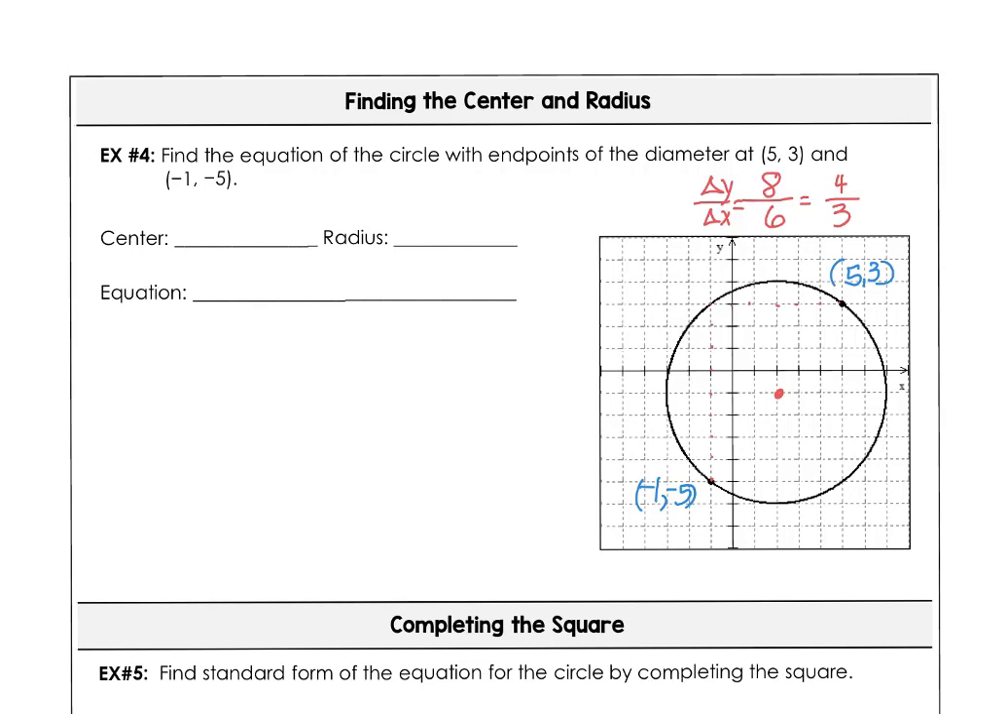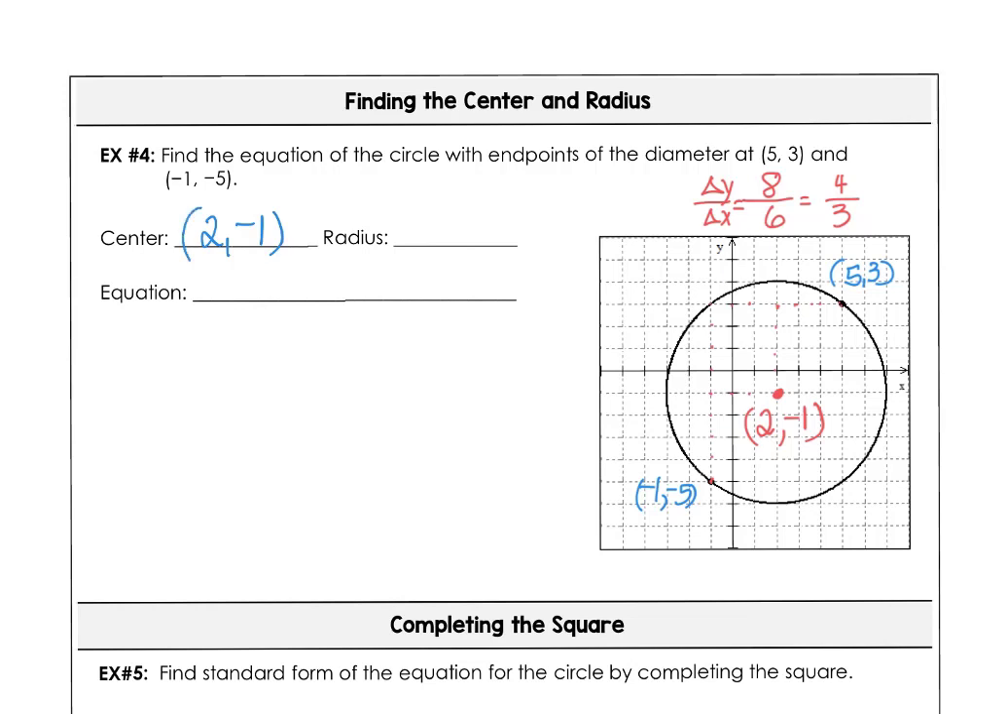which means if we go back to our point on the diameter and rise 4, run 3, that puts us right there in the center at (2, -1). And then that would, again, rise 4, run 3, take us to the other point on the other side of the circle. So we have the center at (2, -1),